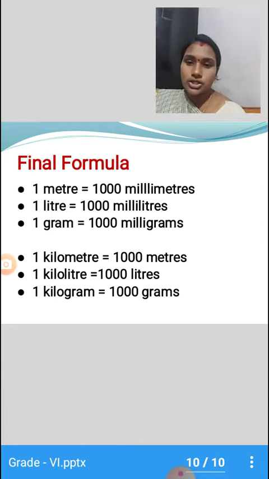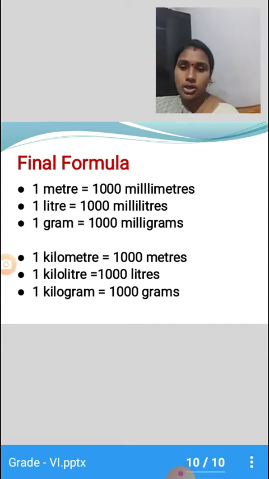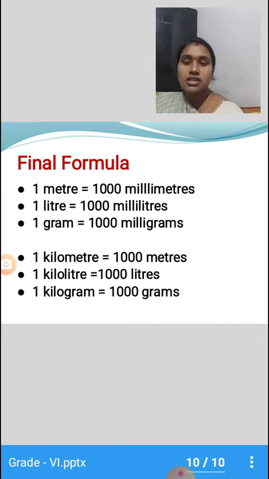Okay children, so when there is a conversion, for example convert meters into kilometers, you can use this formula and convert meters into kilometers or kilometers into meters. So all these things you would have learnt in your lower classes. It is just a brush up so that you will do the sums without any doubts. Okay children? Now let us go to the sums.